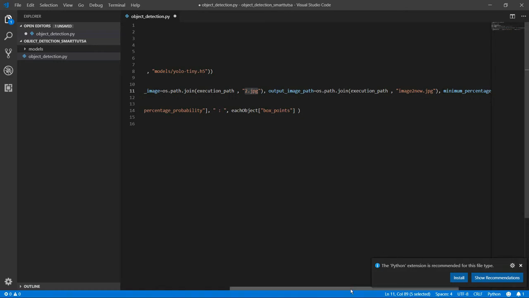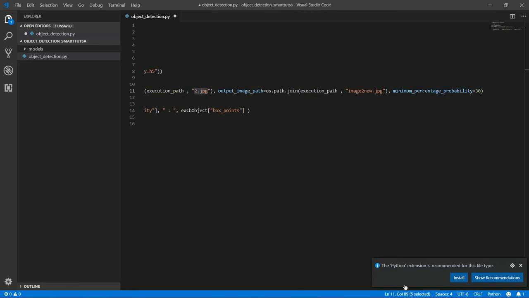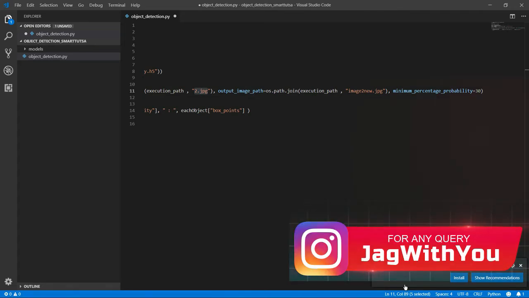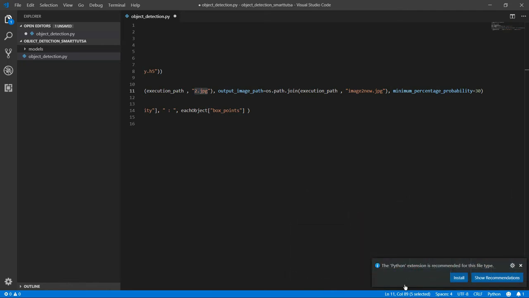Then we have defined the minimum percentage probability. When our model looks at the image, it predicts with a percentage of probability. It may guess this is a ball with 10% probability. The model thinks, I think this is a ball, but I am only 10% confident, or 20% confident, or 30% confident, or 90% confident.